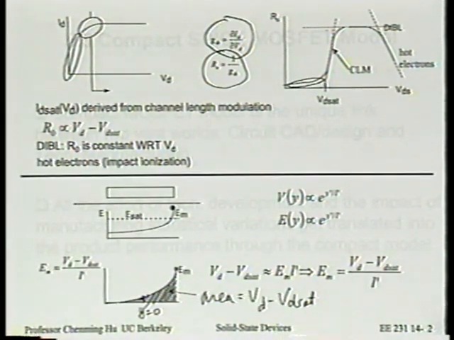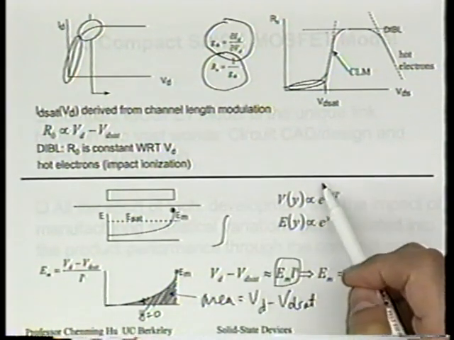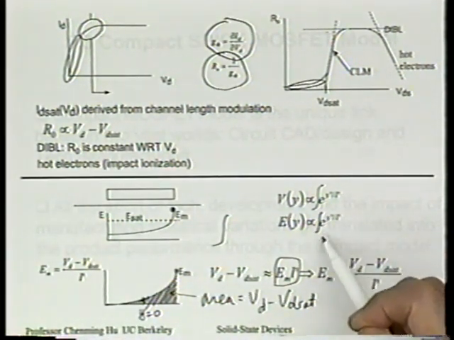But mathematically, do you know that this area under an exponential curve is always equal to EM times L prime, EM being the maximum? You may or may not know this result. But the fact is that the area under an exponential curve is equal to the value of that exponential function multiplied by L prime. You can show that very easily. You just integrate this, let's say, from